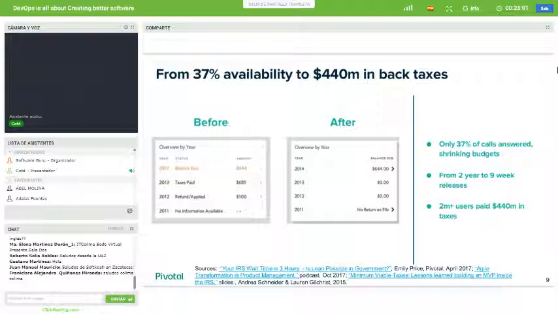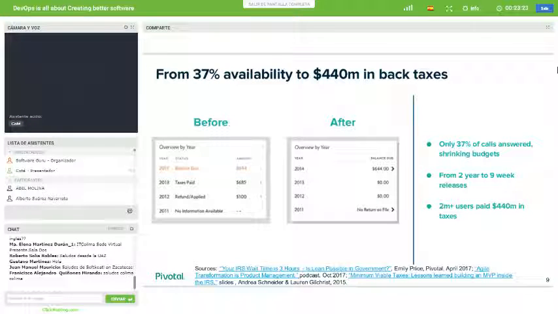over it. But it turns out when you know how much money you owe the IRS, all you want to know is how much money you owe the IRS, which is the UI that they presented to them. And then people would not want to pick up the phone, and they would actually pay their taxes off there. So what they found after deploying this is there were 2 million users who started using this, which is a bit distressing.